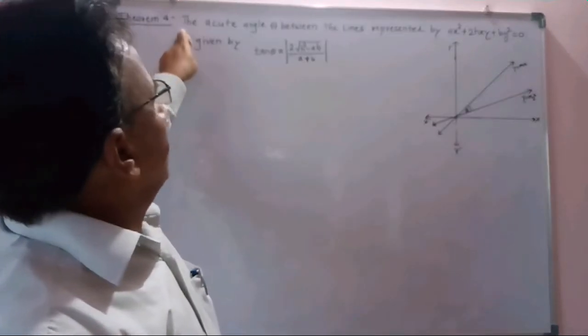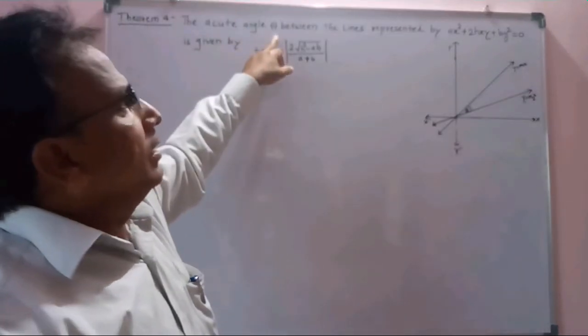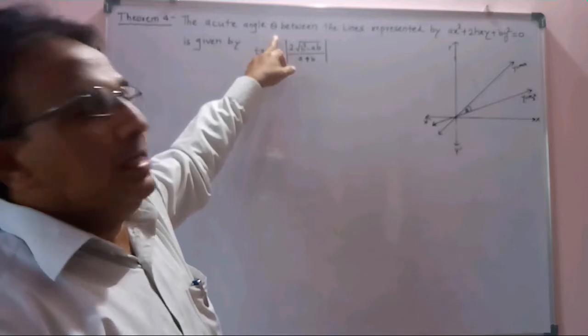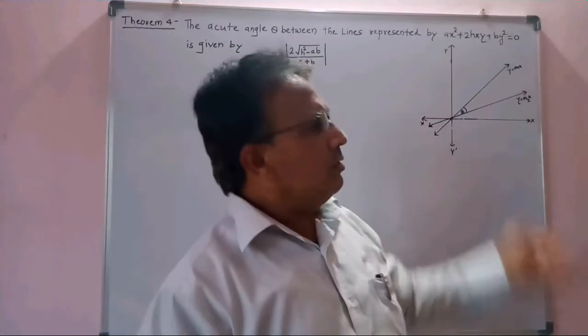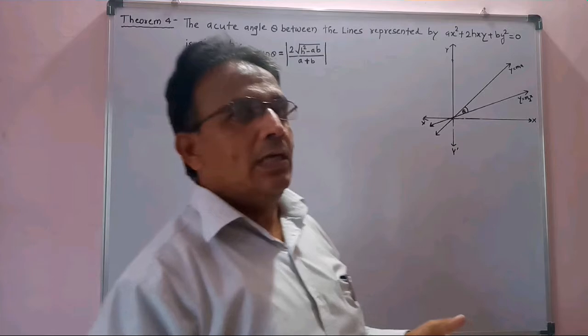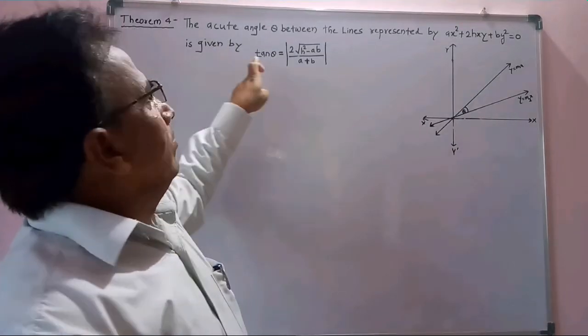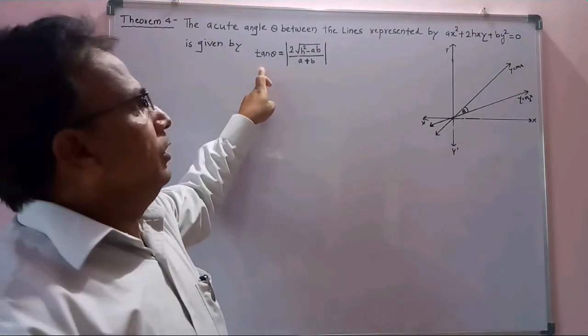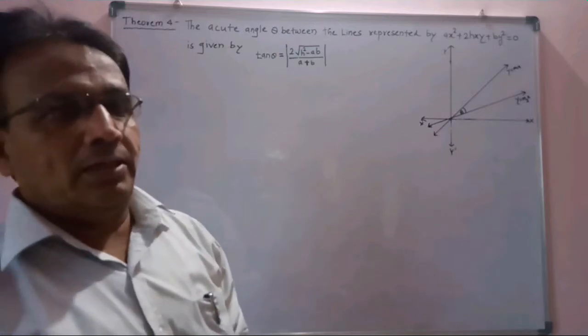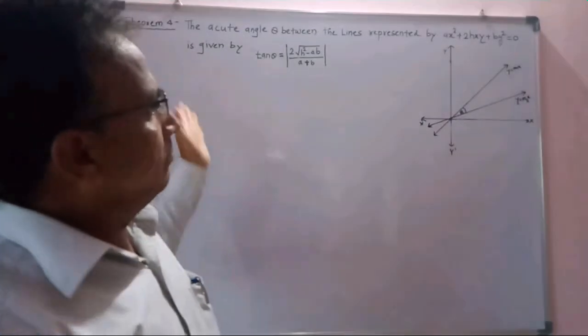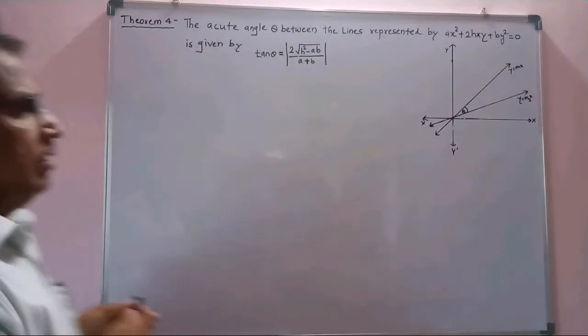The statement is: the acute angle theta between the lines represented by ax square plus 2hxy plus by square equal to 0, this is the homogeneous second degree equation, is given by tan theta equal to 2 into root h square minus ab divided by a plus b. We will discuss it in detail. Proof is